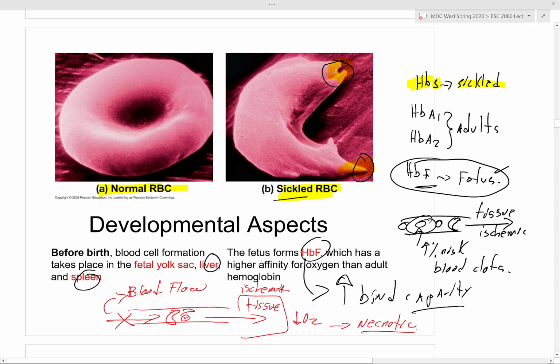If you don't provide your tissues with oxygen, the tissue is going to die, and once it starts dying, it becomes what? Necrotic. Okay? All because of the sickle cell? All because there's something occluding the blood flow. So sickle cells, what do they do? They increase the frequency or the chances of getting what? Blood clotting. Everybody got that?